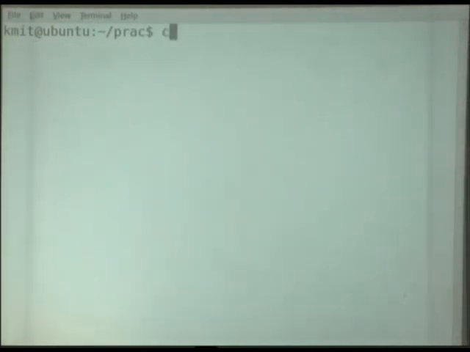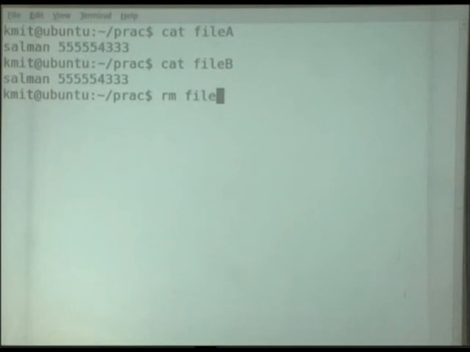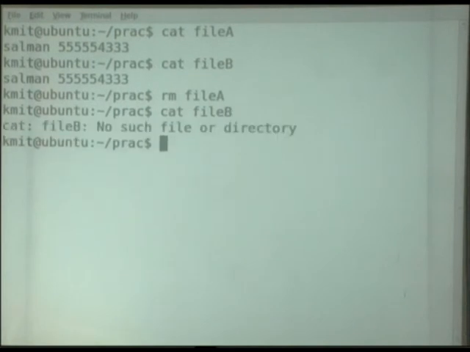Now I want to see the contents of file A, it is displaying. I can also see the contents of file B displaying. But when I remove the original file, then I can't see with the help of this link. Now this link is called a broken link.